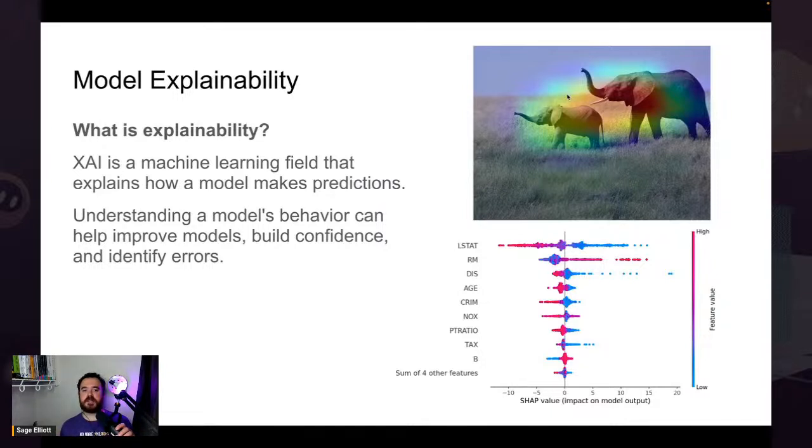Model explainability. So explainability, or explainable AI, is a field that explains how models make predictions or estimates what features are the most important to that model. So for example, here is an example of using SHAP values, which we'll use a little bit later. And it's saying this feature for this housing data set, I forget what that was, I think it's a tax feature or something like that, was the most important for predicting the price, and then the number of rooms, things that you might think are obvious,